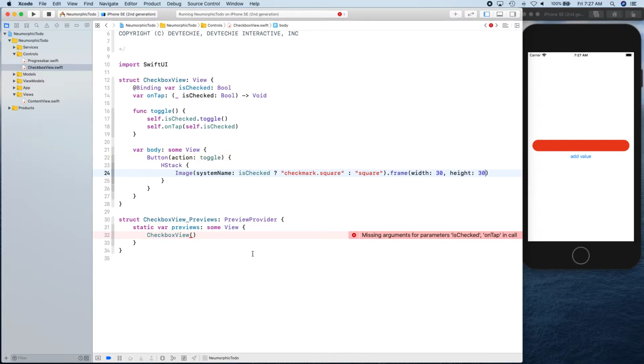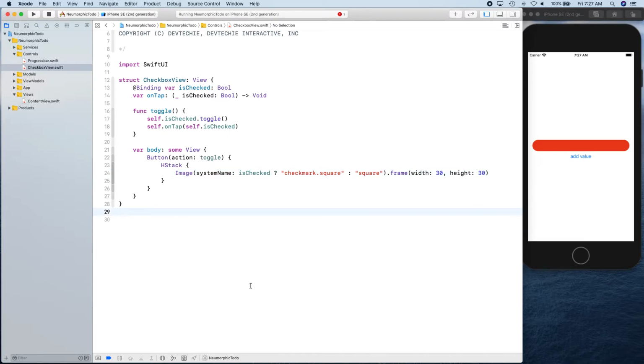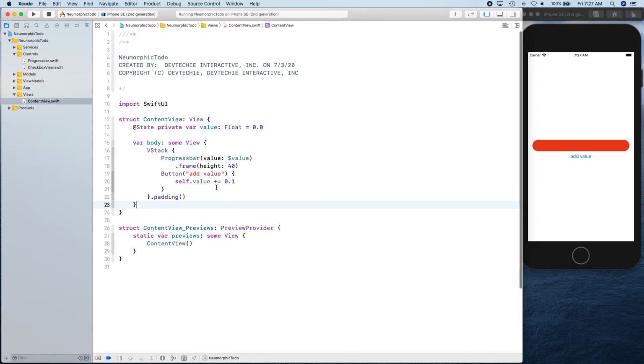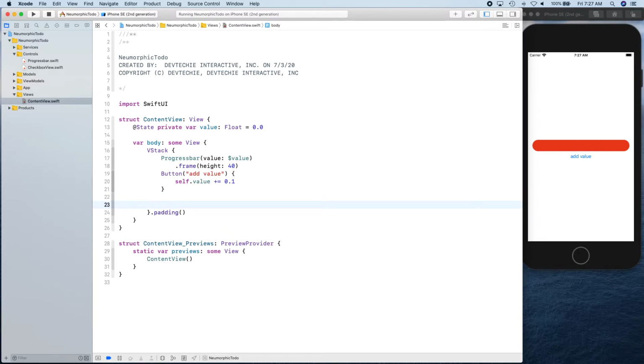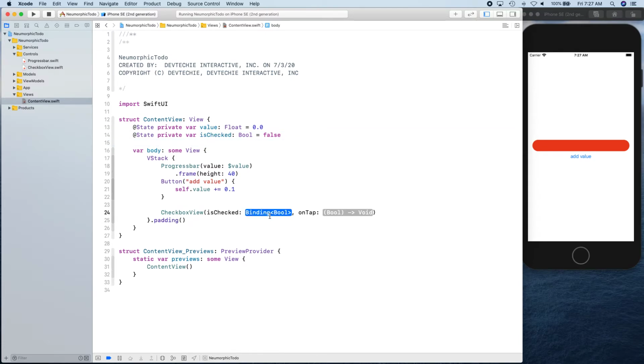Okay, and here we're not really using it, so that's okay. We can actually just get rid of this, and we can go back to our ContentView, and let's go ahead and add a checkbox down below our button. So we're going to simply say CheckboxView, and we need a property. So add @State private var isChecked, and it's going to be initially false, so it's not going to be checked, and we're going to simply say $isChecked,